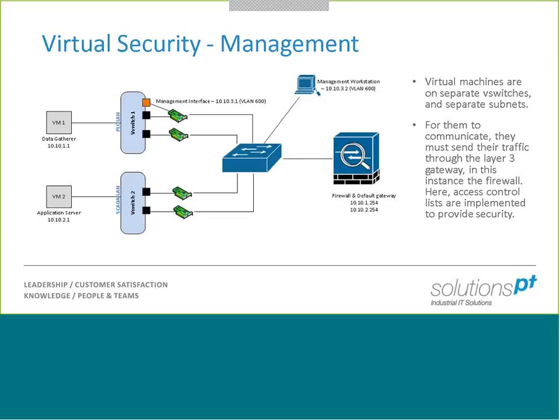So in this case, let's say we've locked down that entire switch bar one port, which has a management workstation connected into it, and that management workstation will be in a secure office. You can't just have anyone come along and start tapping away on it. And that's the only way in to the management layer of VMware in this instance. So we've got complete isolation over it. No one in the PLC LAN, no one in the SCADA LAN can talk to that 10.10.3.1 interface. Only that management workstation can. So this is a reasonably basic, but also a very secure way of locking down your management layer at VMware.